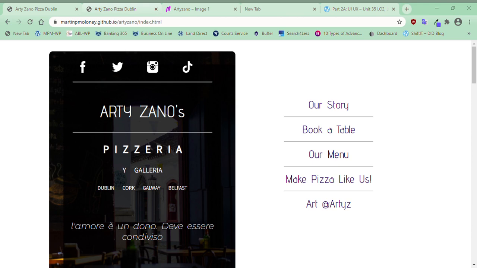So as you see from the wireframe of the home page, I have a left hero image, but it's only 50% and not 100%, and the design is based around a container layout with borders on both sides rather than filling the full width of the page. To the right hand side I have a menu. That menu is not a top level menu, and it's not a sticky menu either, and that again is reflecting the expectation that the majority of traffic to the site will be through smartphones, and it's easy to scroll up